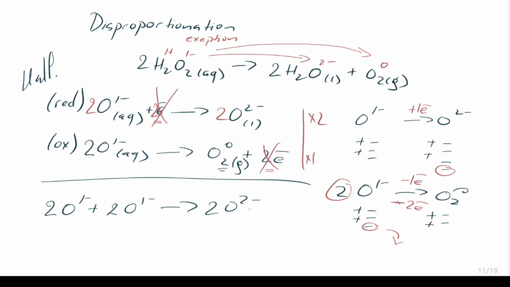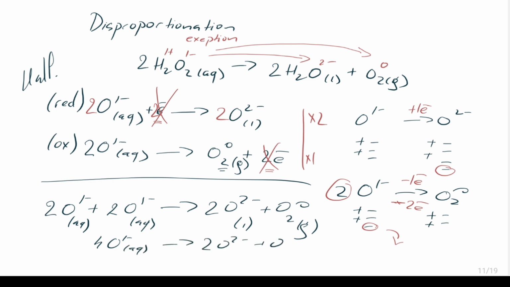We will form oxygen 2 minus in the water and oxygen molecule with oxidation state 0. So we can combine 2 oxygens with a negative 1 oxidation states. So it kind of obvious here. And this will be 2, 2, 2 minus plus. So this will be our full ionic